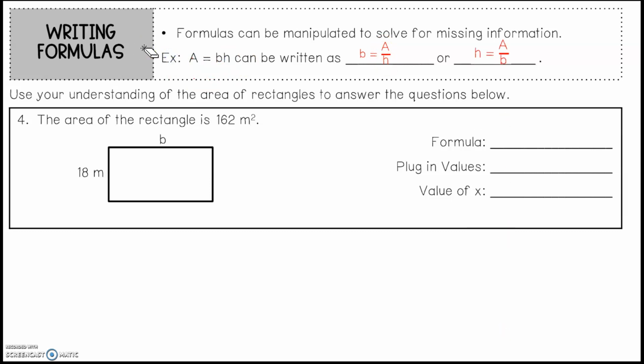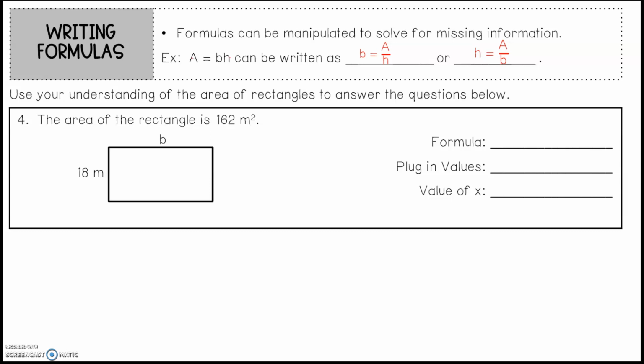Or it can be height. Get rid of the b on that side and move it to the left-hand side of the equal sign by dividing, because these are being multiplied. Height equals area divided by base. So that's all they're doing there. So we're going to use kind of our understanding of how to solve for one variable to answer the rest